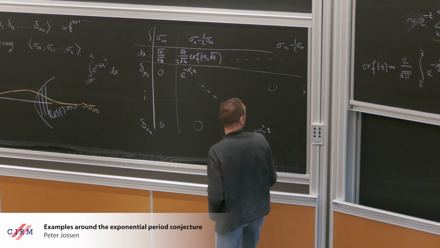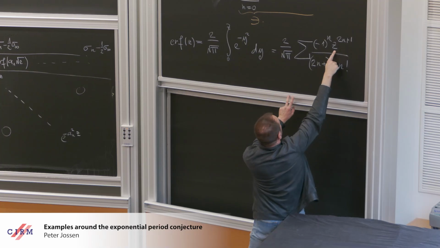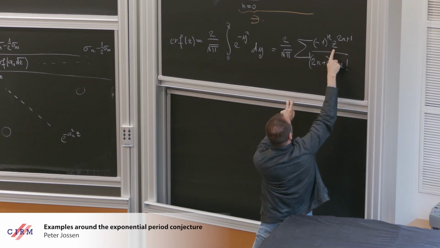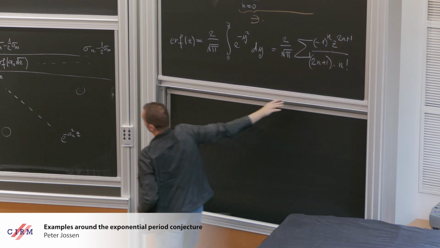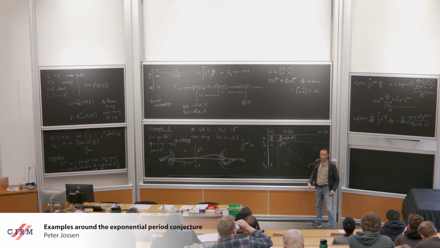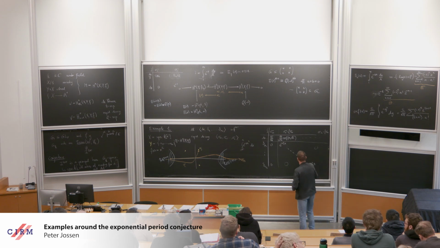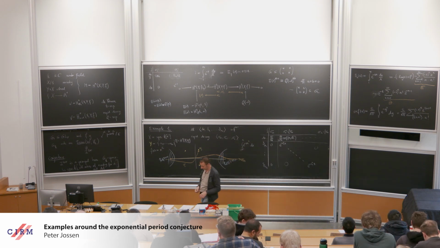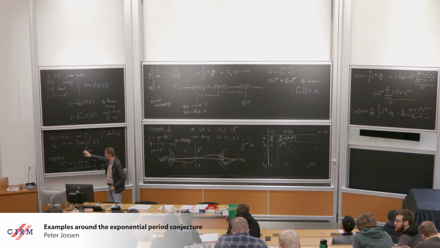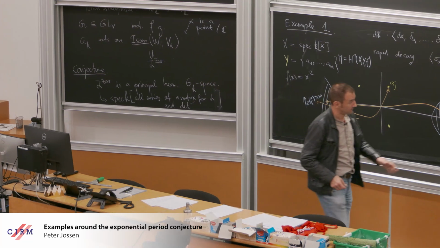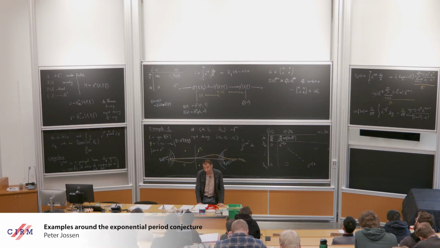It's an honest E function, because you see here, first let's say I replace z by square root of z, then I get here the variable to the power n plus a half, and then I take out this z to the power 1/2, and I get the nice power series the way I want it. So this is my matrix of period functions already. And just as before, the differential Galois group